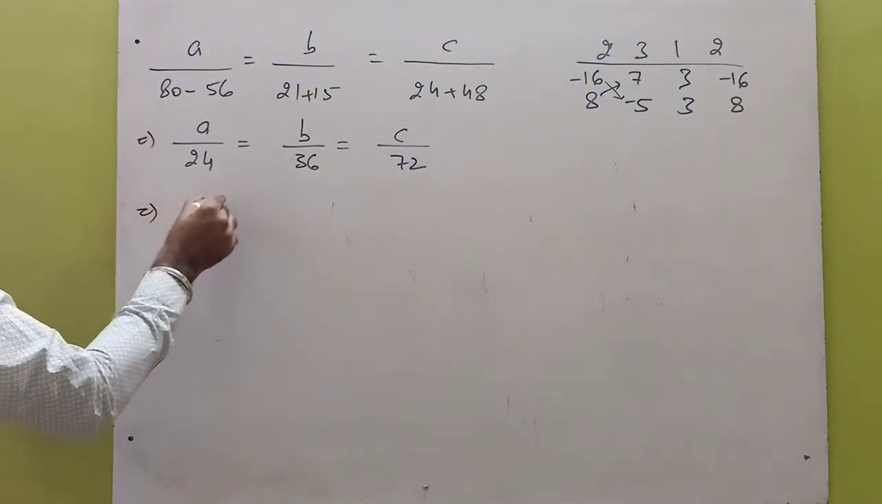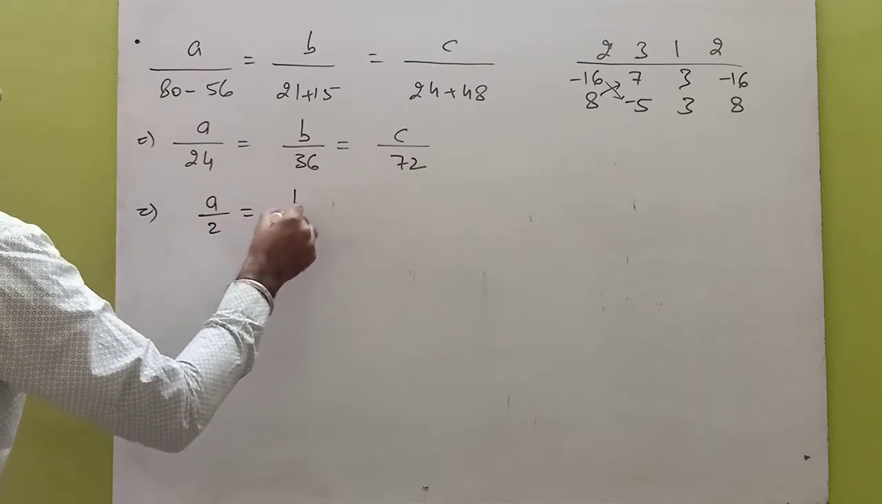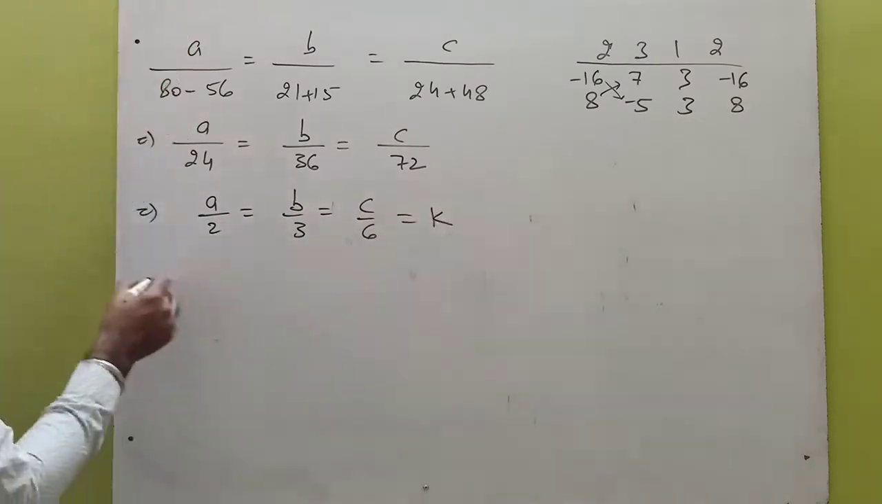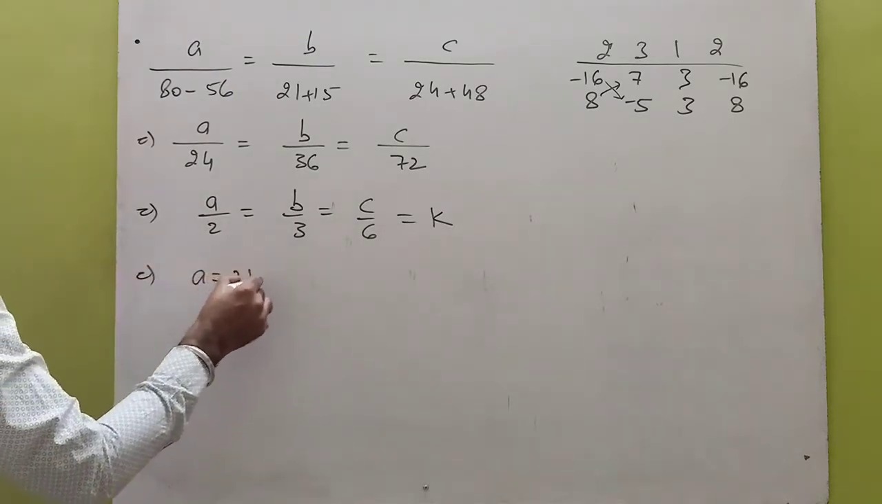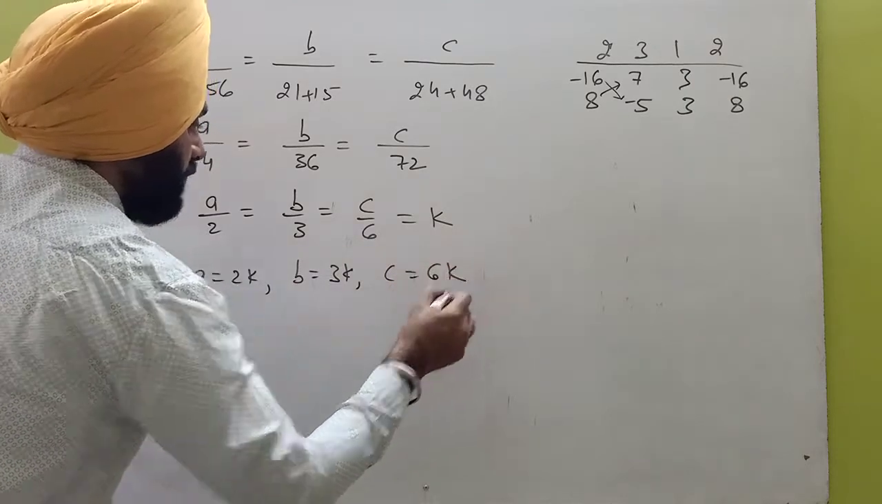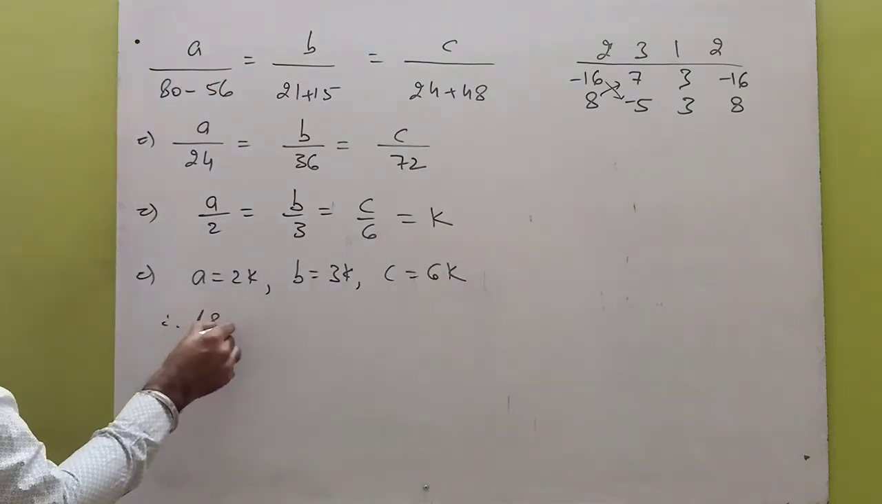So there is 12 common, that is a by 2, b over 3 and c by 6. Let us take it is equal to k. So the value of a is 2k, b is 3k and c is 6k. Therefore from number 3,